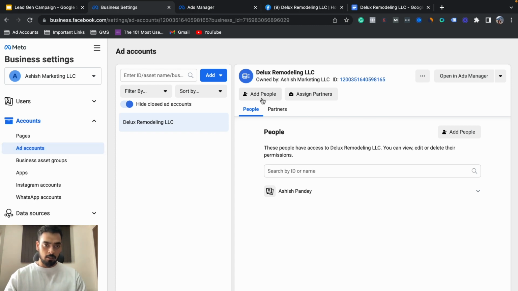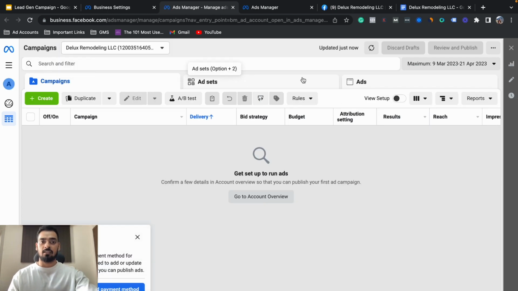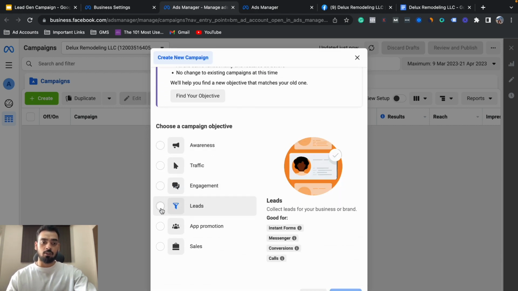And so the first thing is going to be our ad account. We are going to open in Ads Manager. And so this is campaign, this is ad set, this is ad. There are 3 levels in a campaign. So the campaign level, let's start with the campaign level first. So this campaign is going to be for leads, and